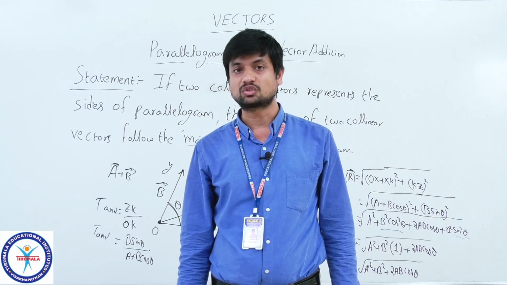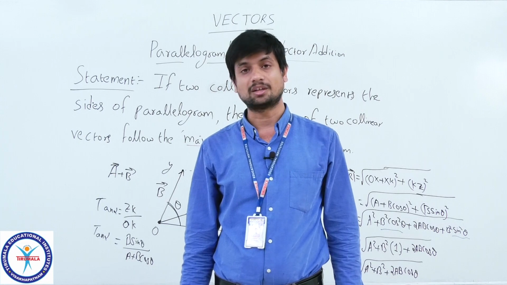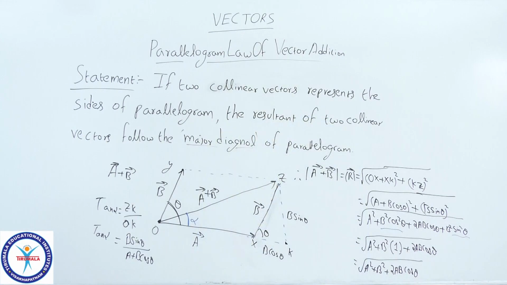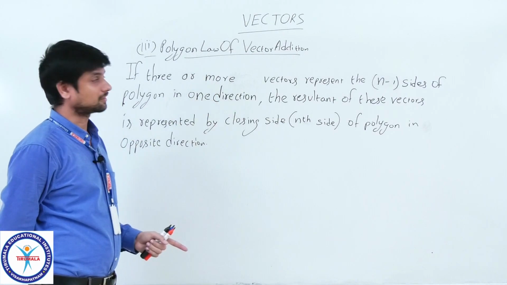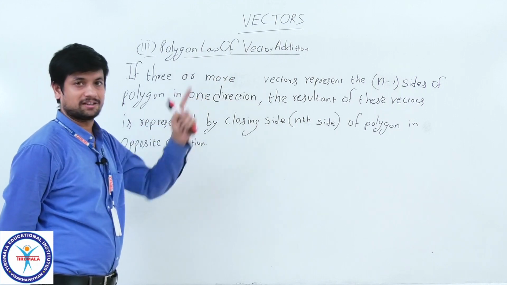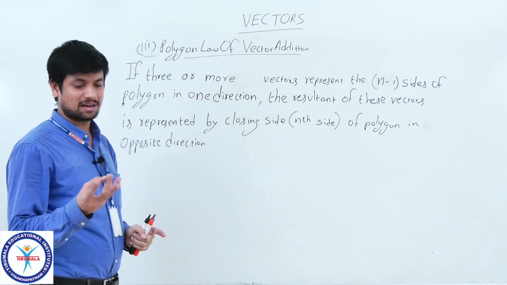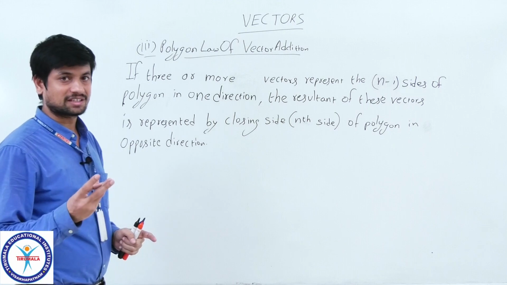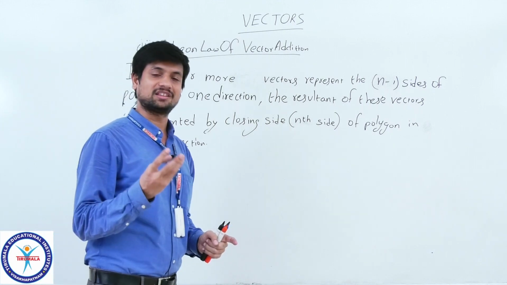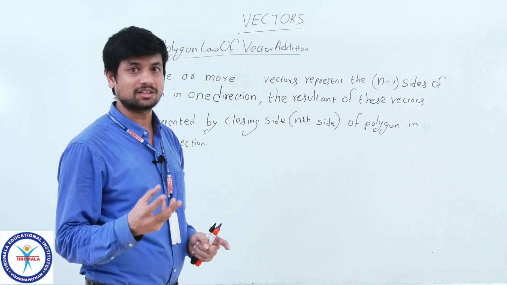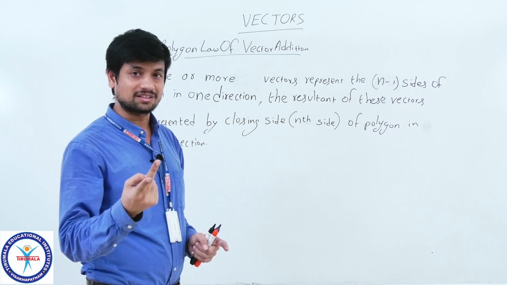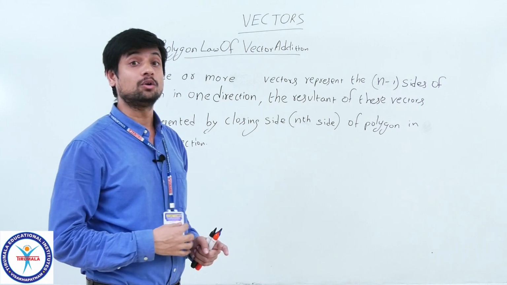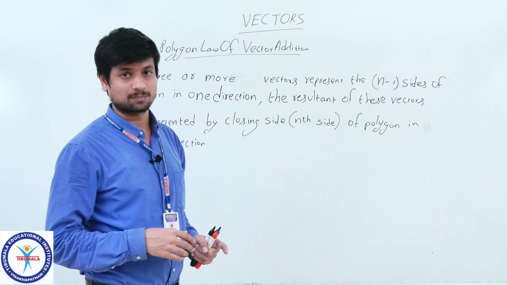Okay. Geometric also we will represent, I will draw on the board now. Okay children. Now in the vector addition, the third law, polygon law of vector addition. That means in the parallelogram law, triangular law, we have discussed if the vectors are sides of either triangle or parallelogram. How many sides we have considered there children? We have considered 2 sides. In so many cases you will have 3 or more sides.